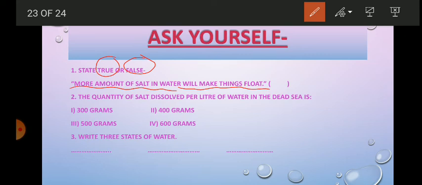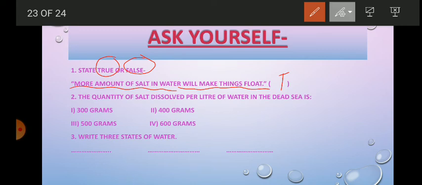Is it true or false? Think. Good. It's a true statement that more salt in water will make things float on the water.